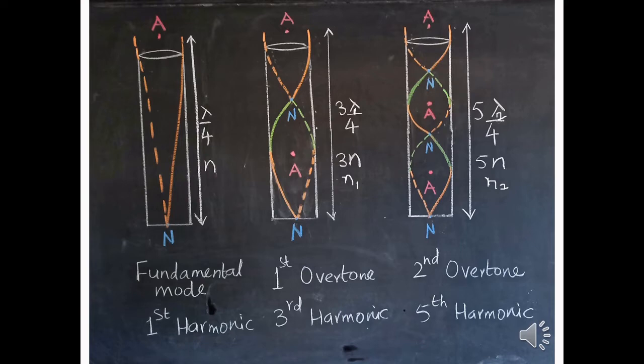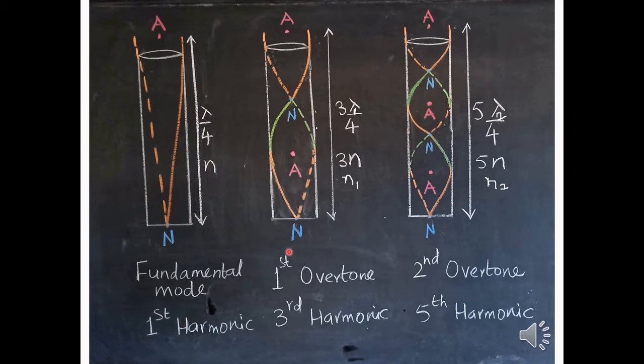I have concluded part A of lecture 7 with a note that I will discuss some tricks to remember whatever we have discussed in part A. So here you can see the fundamental mode, that is the first harmonic. We have half a loop. The distance between the adjacent node and antinode is 1 by 4 times lambda. Here lambda represents the wavelength and n represents the frequency of the wave in the fundamental mode. So the length of the air column is lambda by 4 and the fundamental frequency is n, which is also called the first harmonic.